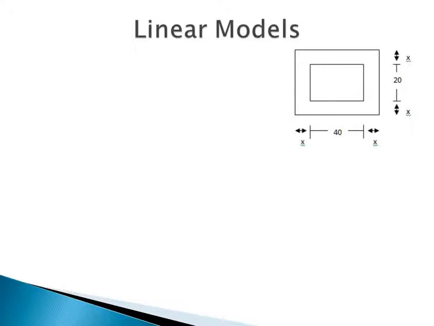So hopefully this diagram will help you to see how we're going to get those total length and the total width. Because if we look, the original inside, remember, was a length of 40, but then we had this sidewalk that got added that had a length of x and x. Well, that means that your new length is going to be 40 plus x plus x, or 40 plus 2x. So our new length, or our total length, would be equal to 40 plus 2x.